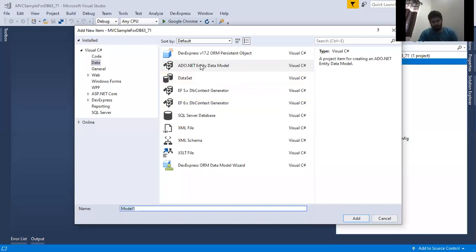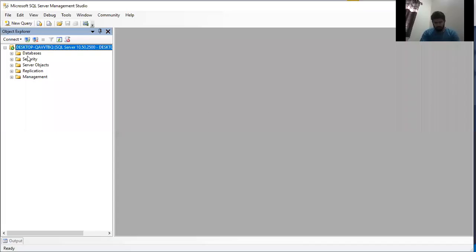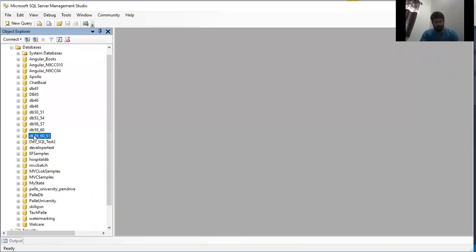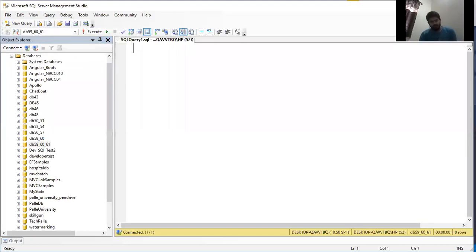I'll select ADO.NET Entity Model and I will name it DB 59 60 61 model, because that is my database name. DB 59 60 61 is the database to which I am going to connect. You can give any meaningful name at a later point of time.